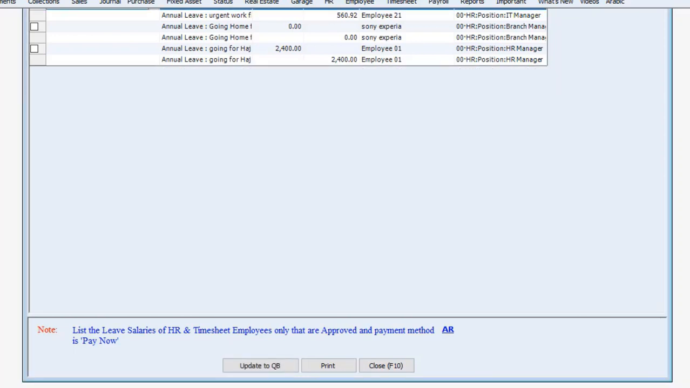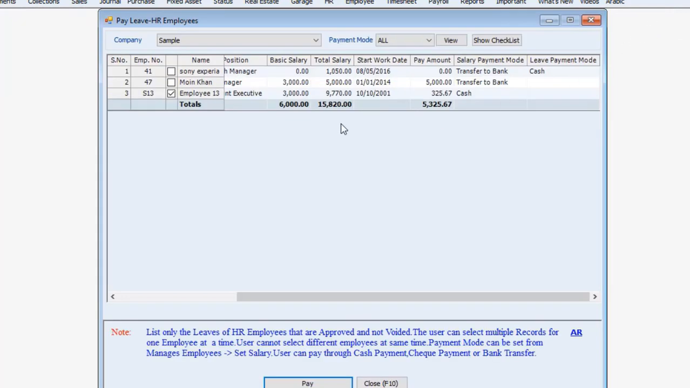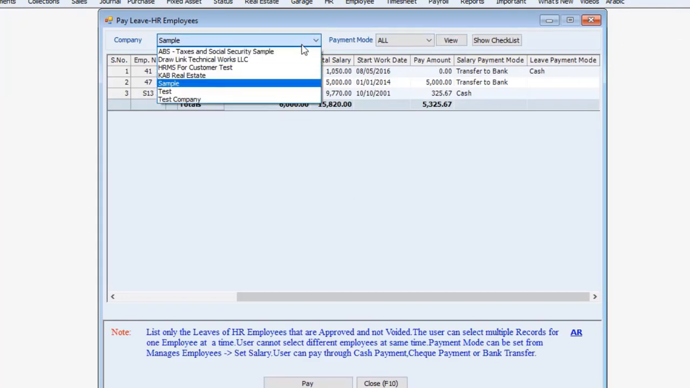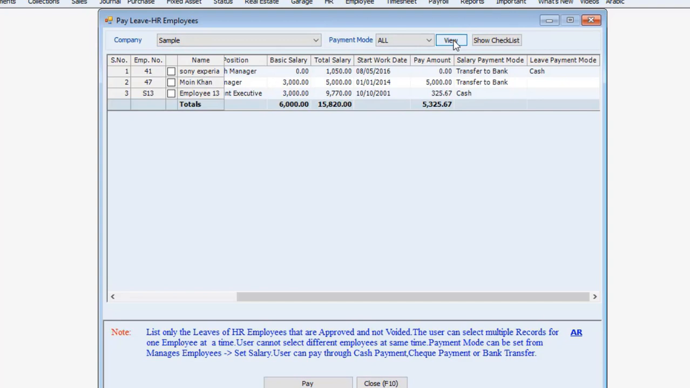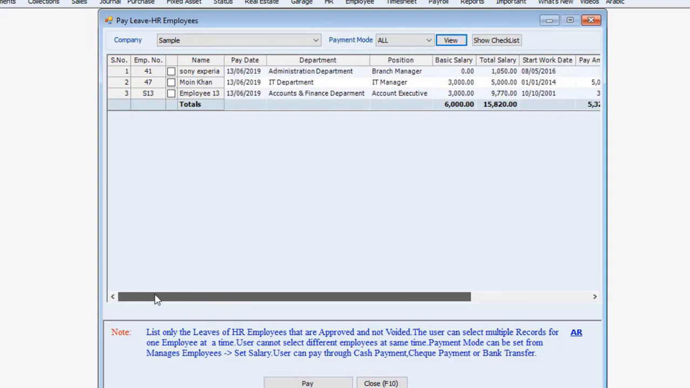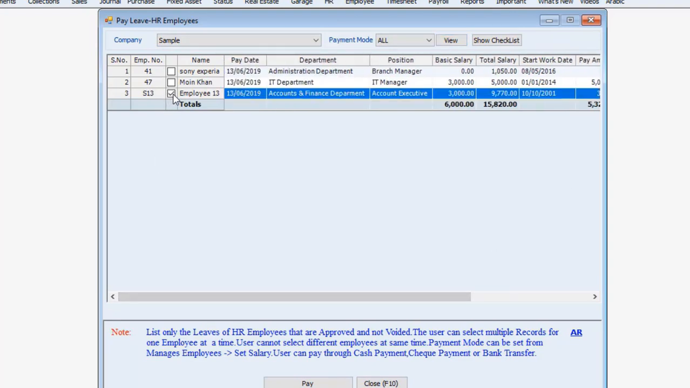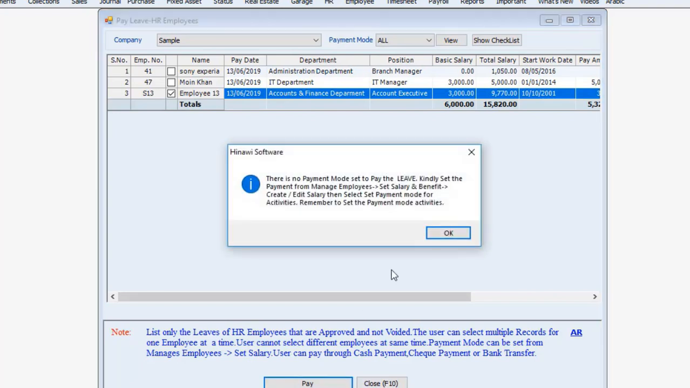After this step, we will go back here and let's select that company and click on View. And let's select the same employee and click on Pay. So as you see here, we have to set the payment mode for the leave or for the employee regarding leave. So we have to go to the steps which I showed you earlier, and we have to select the payment mode regarding leave and then proceed with the step. So as you see here, the system is informing us about each and every step to make sure that it's